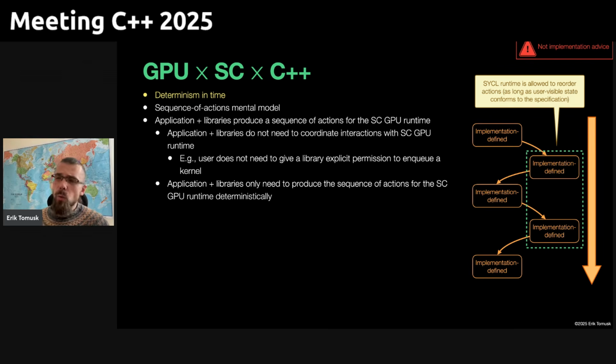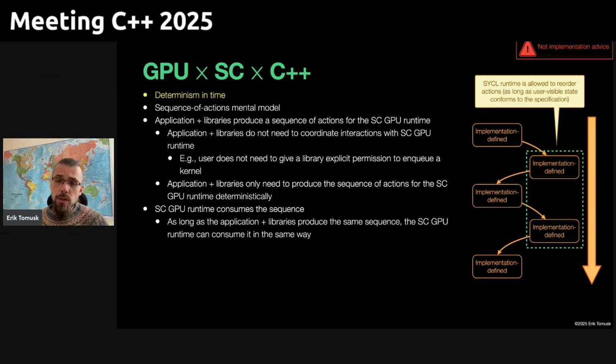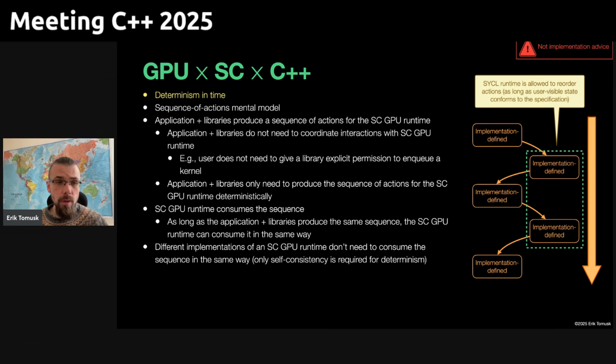So that means we don't need an application to tell a library, now you can enqueue a kernel. All we need to do is make sure that each of the components is behaving in a deterministic way. And then when we have a safety critical runtime consuming the sequence of actions, as long as the runtime consumes the sequence in the same way and it gets the same sequence every time, it can be designed to consume that sequence deterministically. And it's worth pointing out that since we're looking at an interface, we don't want to over-specify